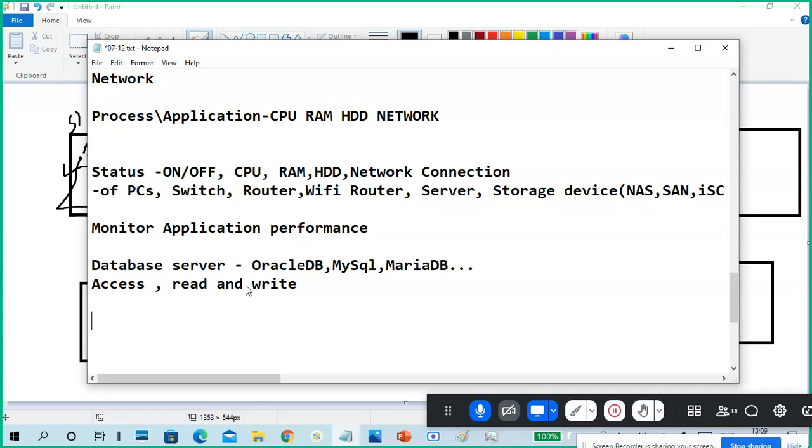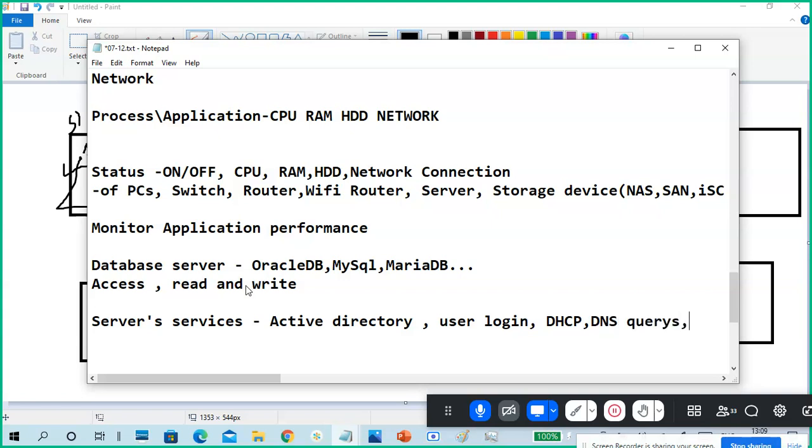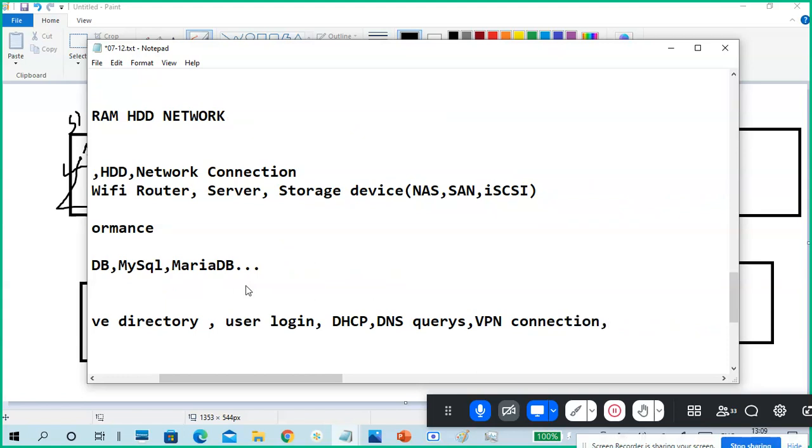Okay, these are basic monitors. So a lot of different types of monitoring are there, like monitoring DHCP server services, server services like Active Directory, user logins, DHCP server, DNS queries, VPN connections, like that.